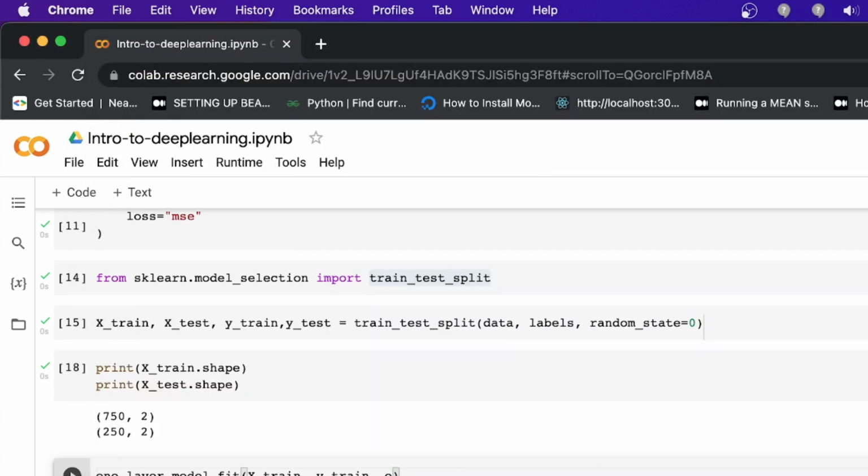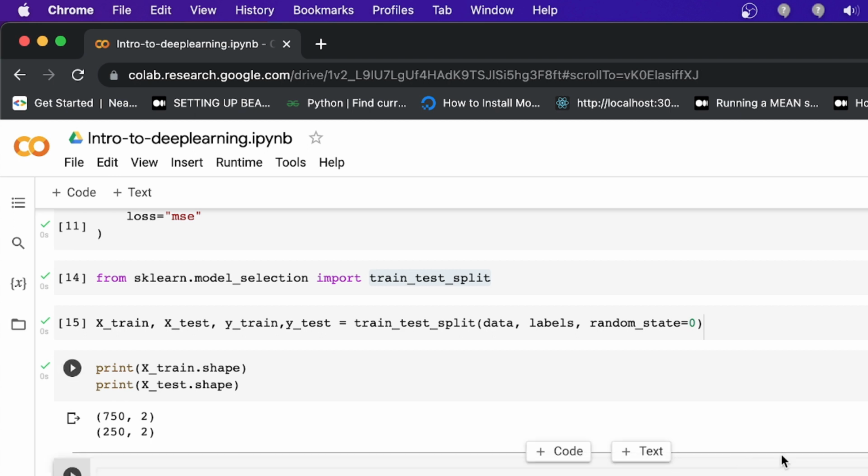The third argument you pass the epochs, and I'm making it 1000 epochs or maybe 500, whatever you have to add. 500. Oh, sorry.